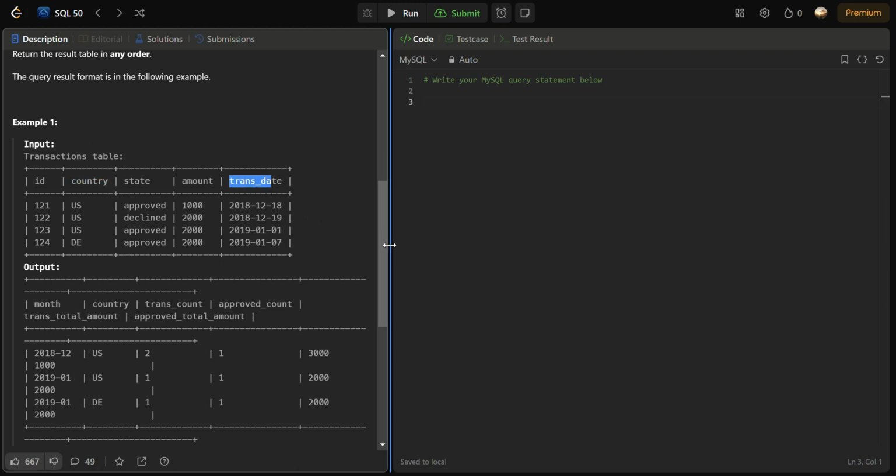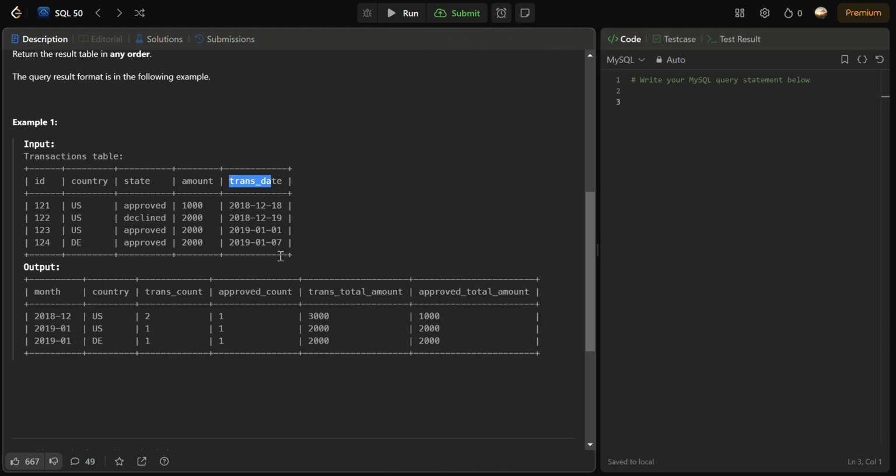So for each country and each month, basically we need to get the corresponding transaction count, approved count, total transaction amount, and the approved total amount. So let's see with this example of US in the month of